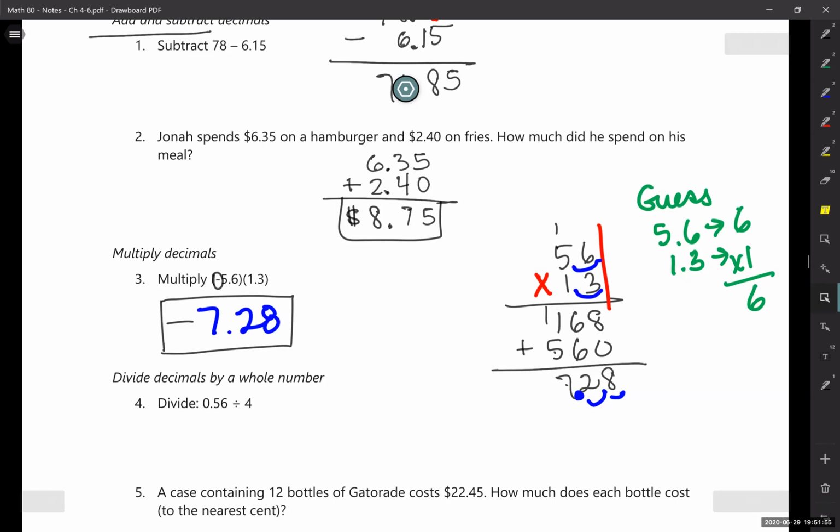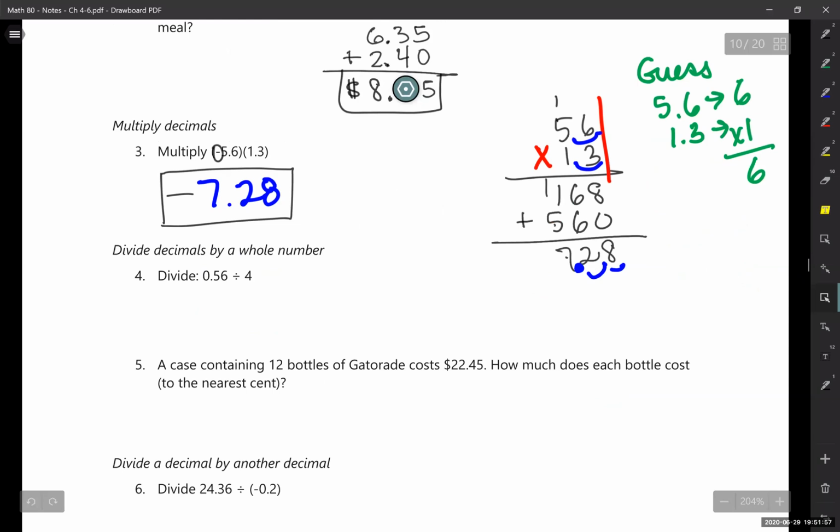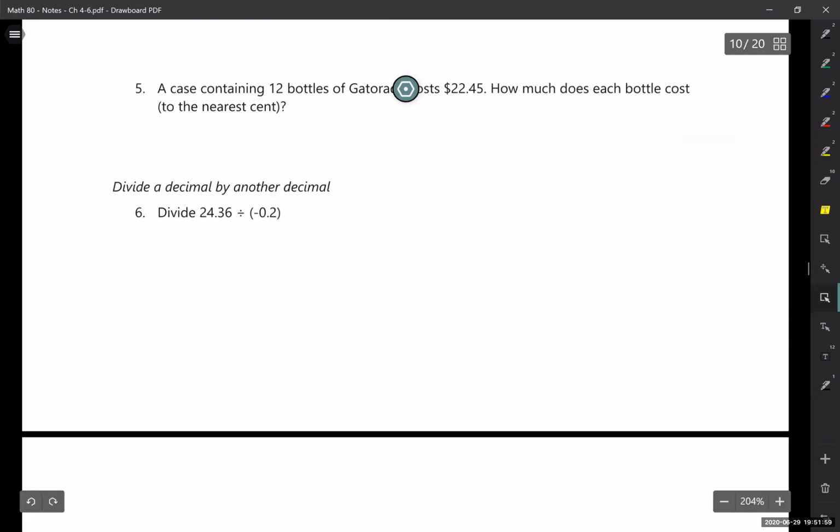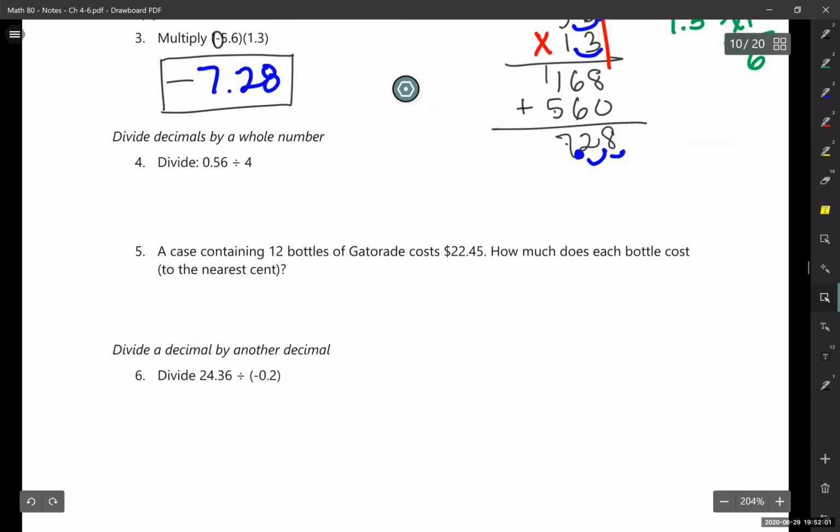Finally, last operation, divide. Ooh, look at this. We have a couple of dividing problems coming up. So first, dividing by a whole number. I didn't leave much space because this doesn't need a lot of space. So I'm dividing by 4, so the 4 goes on the outside. And the inside number is 56 hundredths. And the trick here is you just move the decimal straight up, and you need to be careful